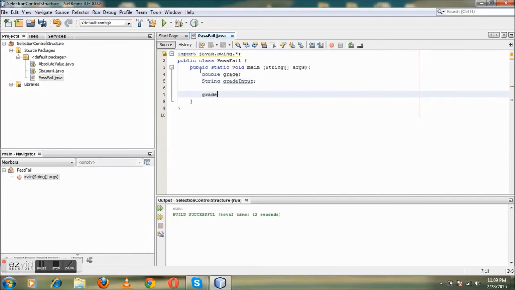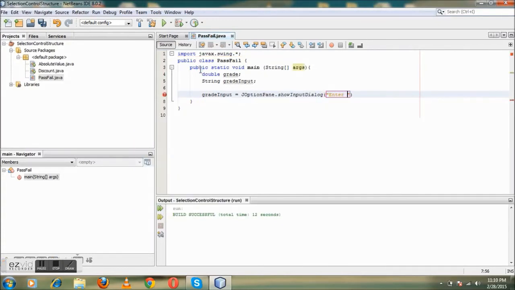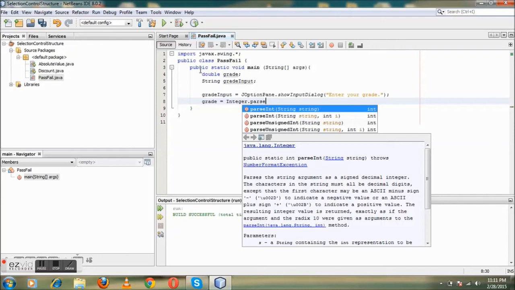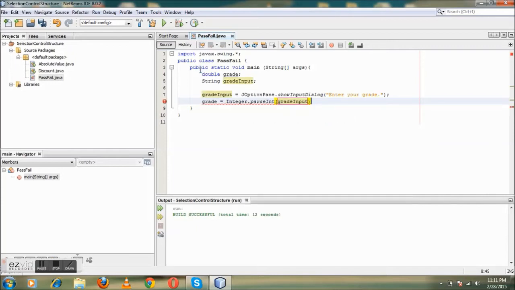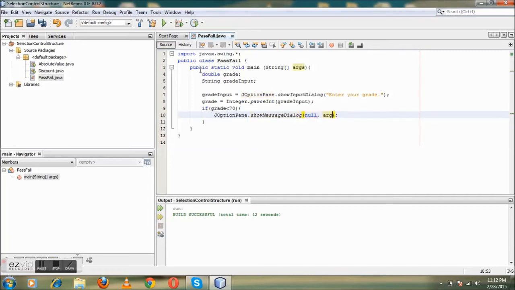Grade input equals JOptionPane.showInputDialog("Enter your grade"); grade equals Integer.parseInt(grade input); if (grade < 70) { JOptionPane.showMessageDialog(null, "Your grade is " + grade + " remarks: failed"